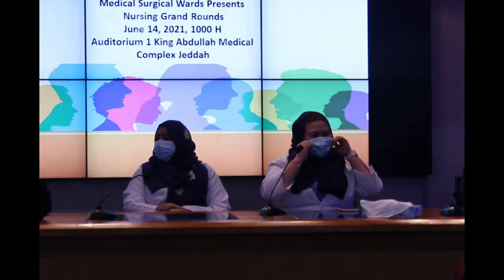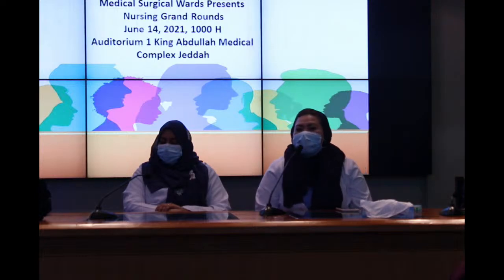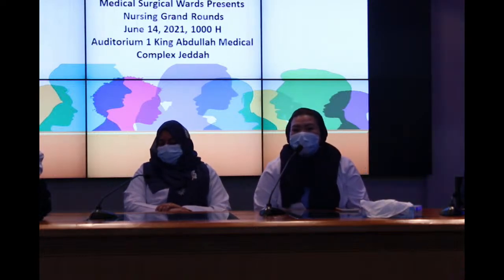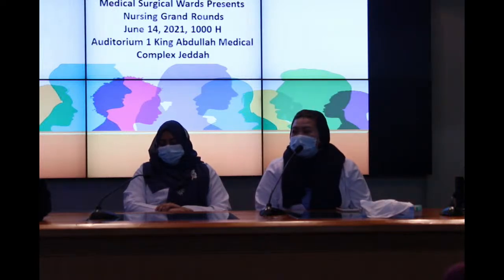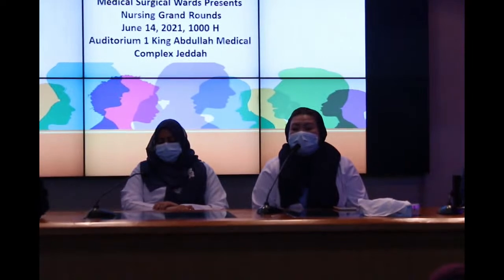Can you explain more, ma'am, about the risk score and the prevention? Alright, for the risk score, this is very important because each nurse knows how to do the Morse fall assessment. But the question is, do they know the implications of the score? So we have the Morse fall assessment scale. This is composed of 6 criteria.